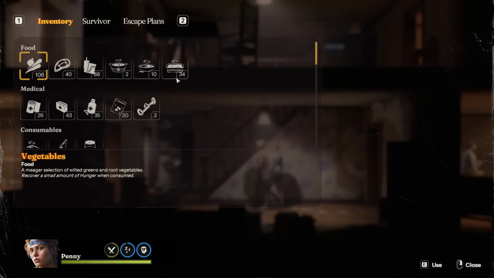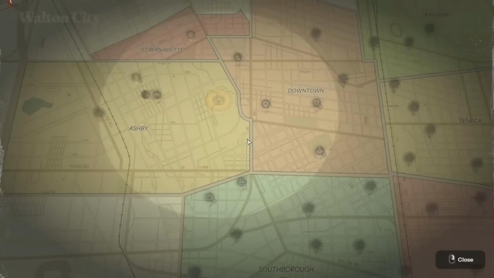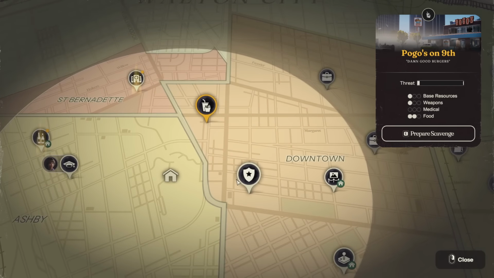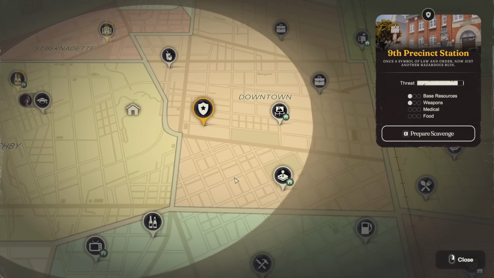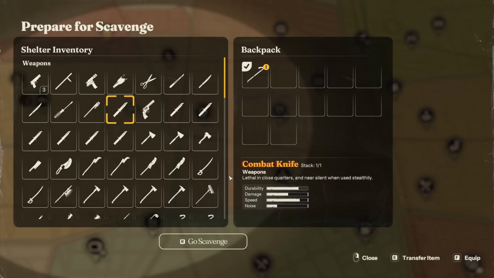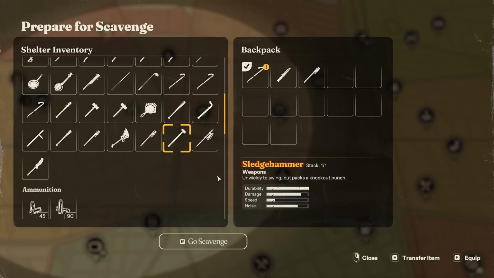Alright. Penny, I mean, she's just chillaxing. Oh wait, oh yeah, I can't do the Bottle Hill Ruin until we, yeah. I mean, this has the nightmare, so I was gonna send her there. 9th Precinct. I mean, we could try assassinating people with it eventually. So sure, let's do it. Let's bring the crowbar. Bring in all the stuff that...